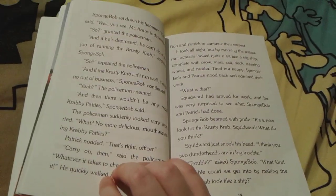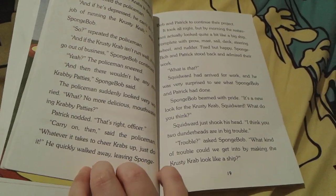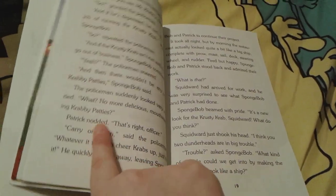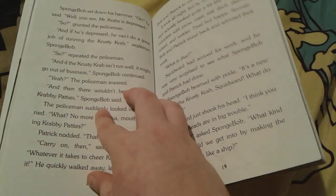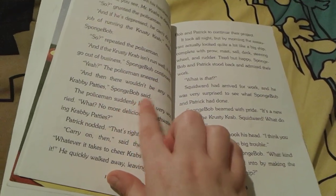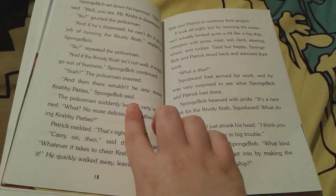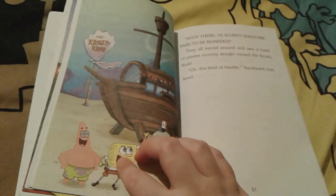Let me quickly read this. Hold on a second. Okay, so SpongeBob and Patrick say that they're doing something to the Krusty Krab, and they say that if they don't do it, then there won't be any more Krabby Patties. And then the police officer says, okay, get back to work, because I guess the police officer